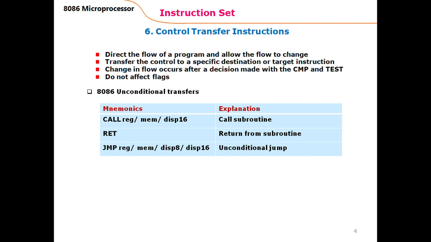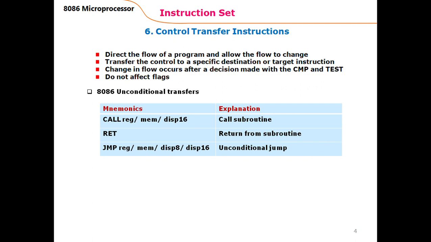So the call instruction would transfer the control from the current routine to the called routine, and after some instructions are executed in that subroutine, which is a unit or set of instructions to perform a specific task,